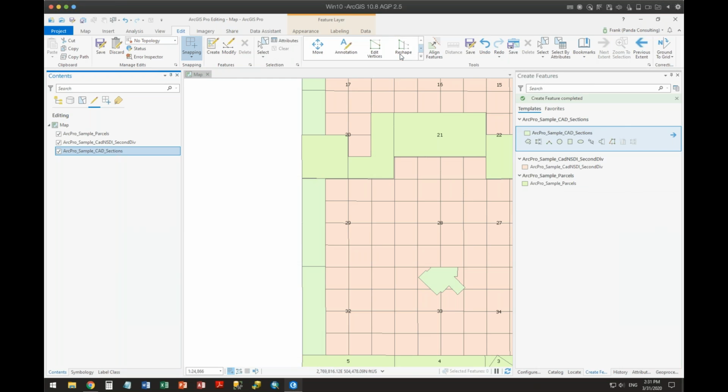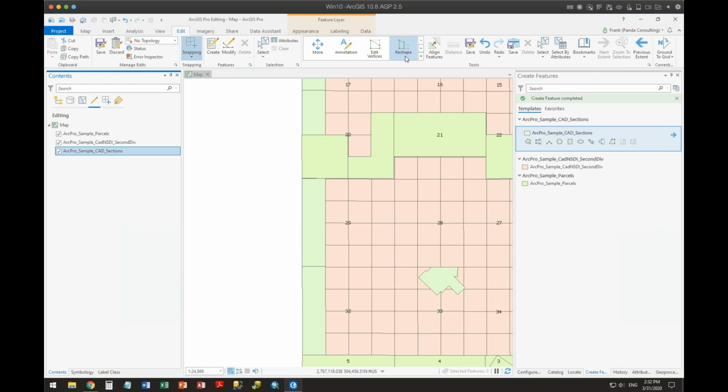So this is the tool gallery. And by default, it shows you just sort of the limit. It depends upon what else you have in here. By the way, this is my customized area in here, because these are the things that I use all the time. I use a tool called Align Features. I use a measurement tool. I use Save, Undo, Redo. I use my Save My Project, my Delete, Select by Attributes. Again, I put it up here so I don't have to go to the map all the time. I have my bookmarks here: Next Extent, Zoom to Extent, Previous Extent.